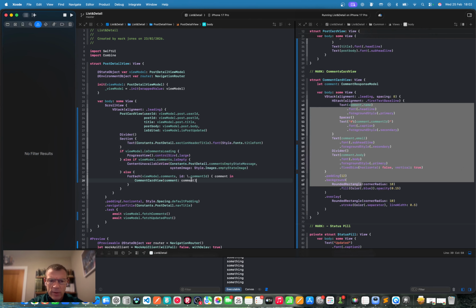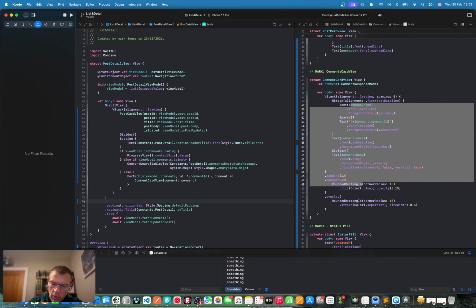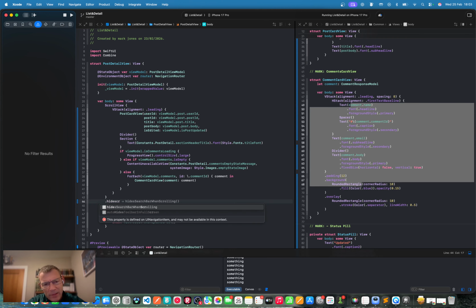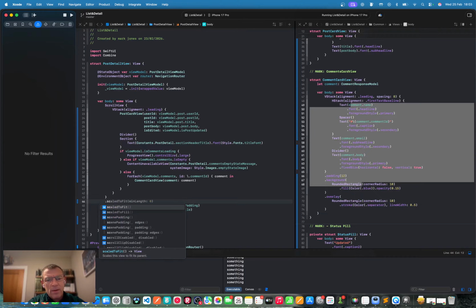Oh yes, the scroll indicators. So is it hide? Hide? No, no, no. Sorry, not you. Not you. No, no. There we go. Scroll indicators. Hide scroll indicators. No, it's not actually. Come on. Scroll view. Oh,